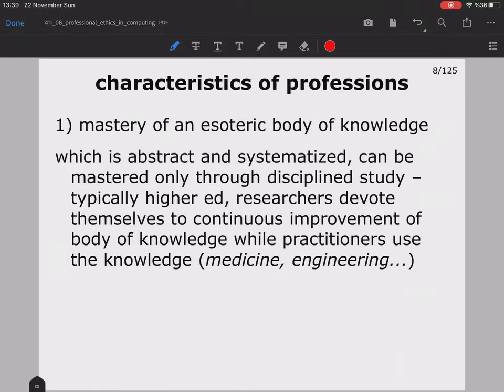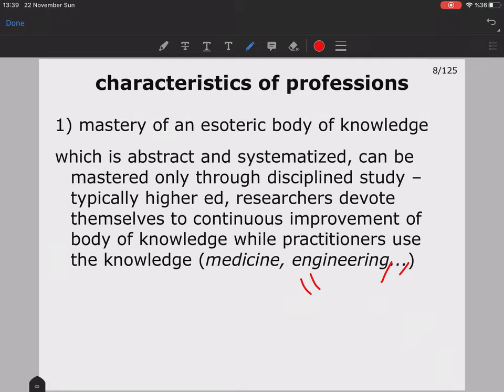And in that profession, the researchers devote themselves to continuous improvement of the body of knowledge. So the people who work in research institutions, your professors working in our department, for example, try to contribute to computer science and computer engineering, while the practitioners use